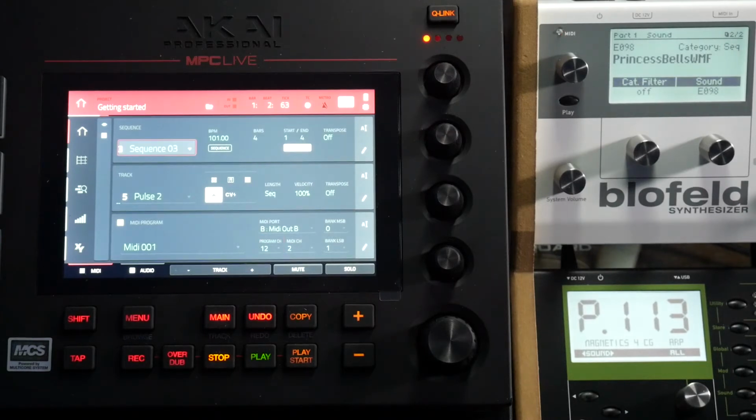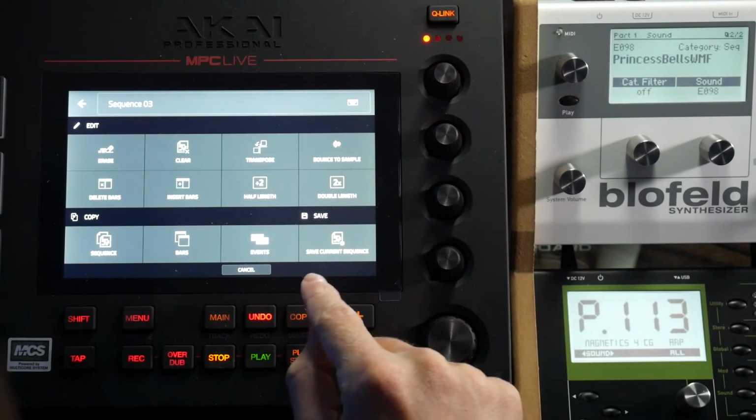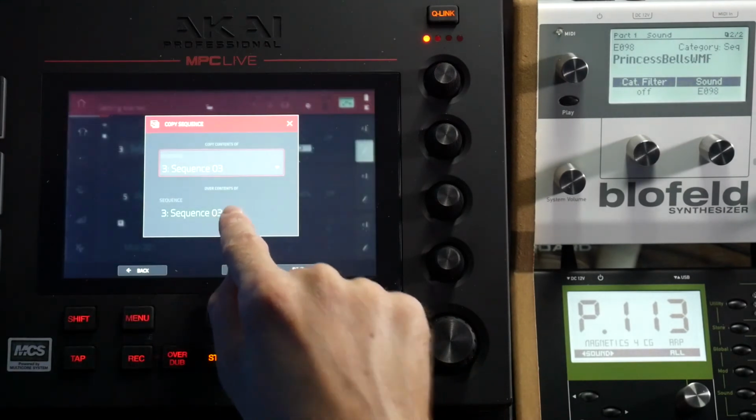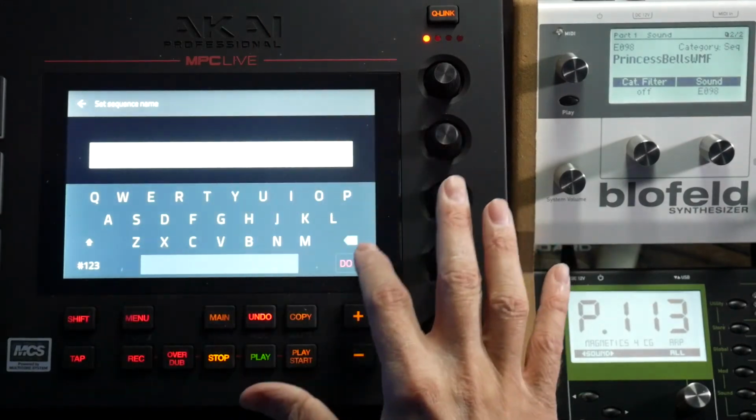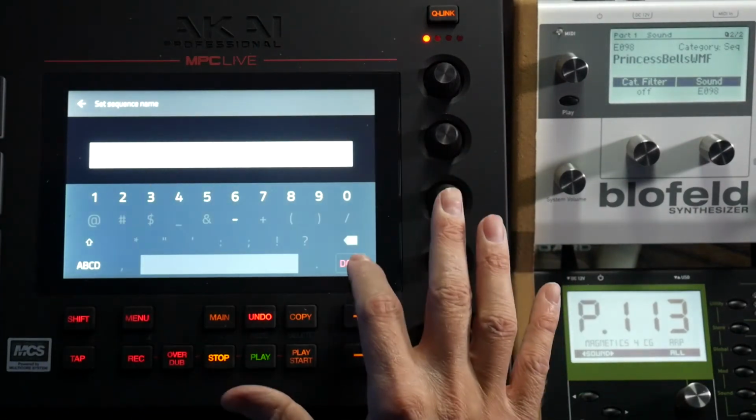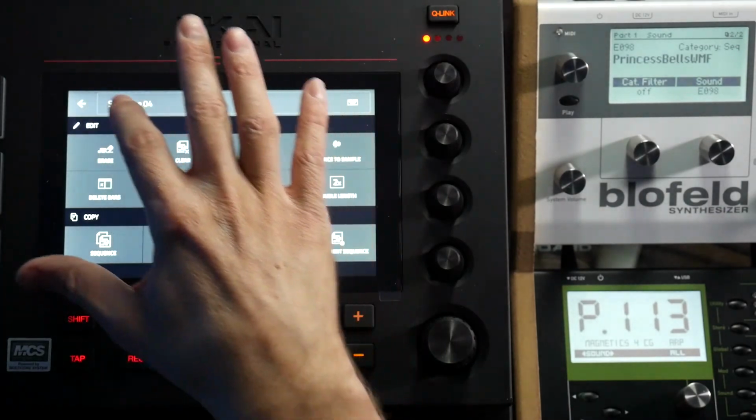Basically what I'm going to do now is just copy that whole sequence over to 4. I know I already have a sequence there, but the sequence is basically the same drums as I have on this sequence. So I want to copy sequence 3 to sequence 4. Okay, so now I basically have a build from sequence 1 to 2 to 3,